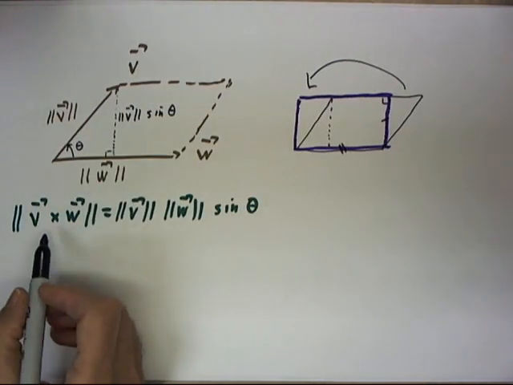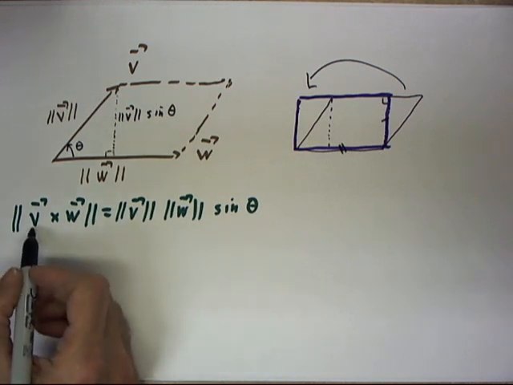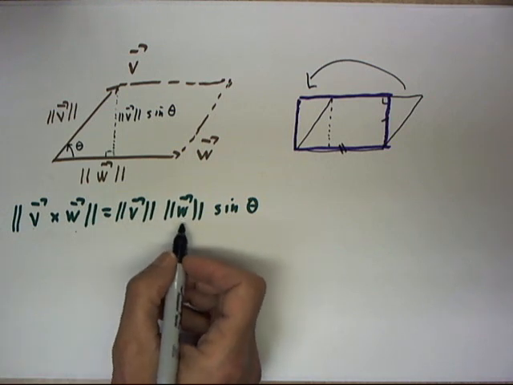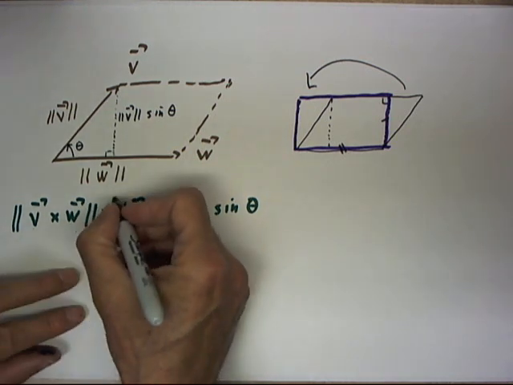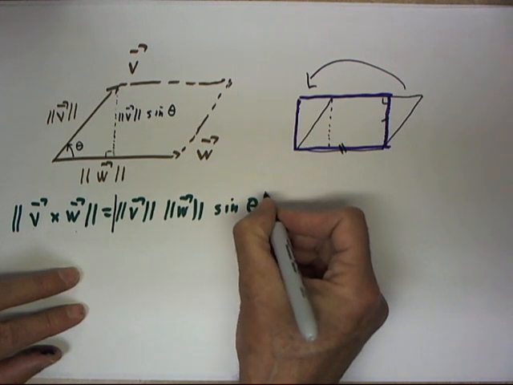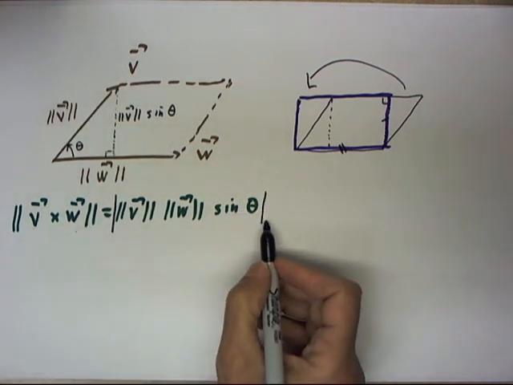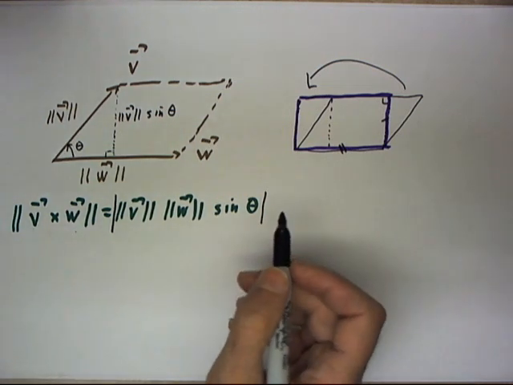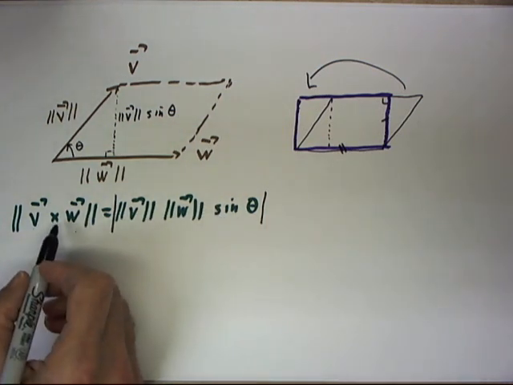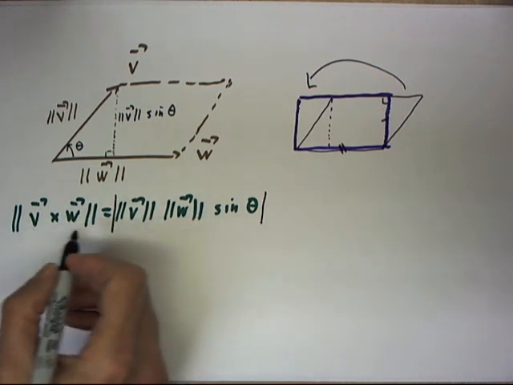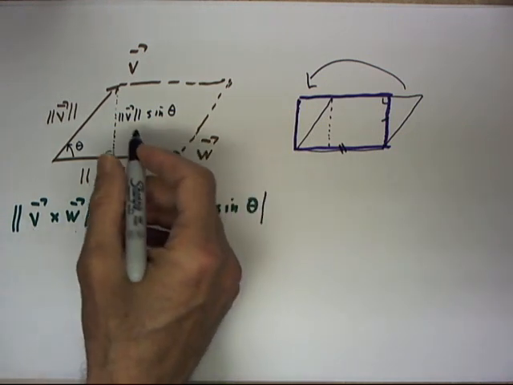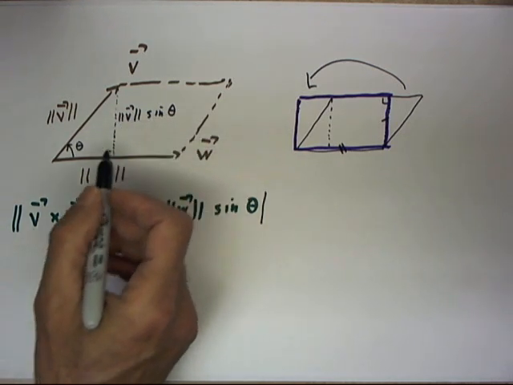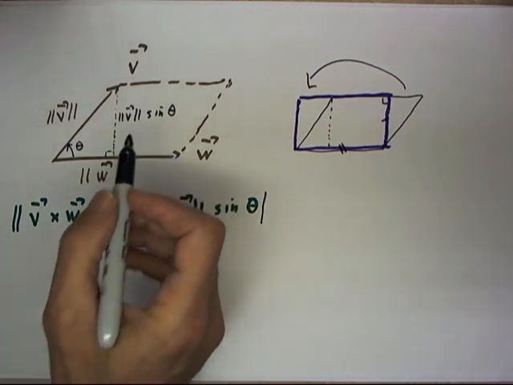Now, if we recall the cross product, we know that the magnitude of the cross product of V and W is magnitude of V times magnitude of W times sine theta, and actually I need another set of absolute value signs here because the sine of theta could be positive or negative. So that we can use this idea to obtain an expression for magnitude of V sine theta, which when multiplied by W gives us the area